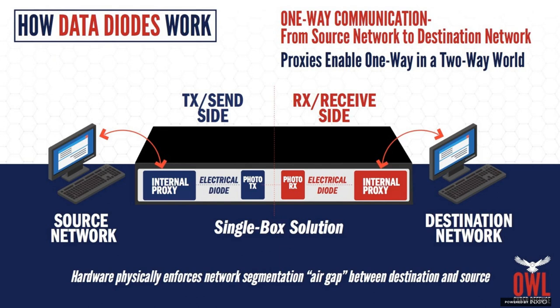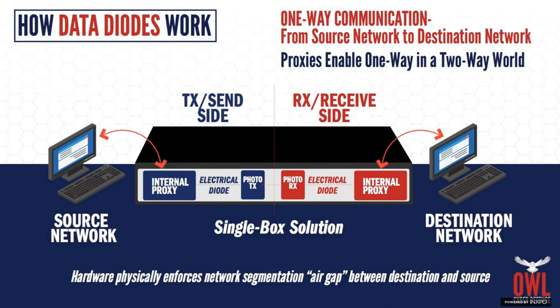How this works in the two-way world is one of those questions that we get all the time. People say, okay, I get that it's one way, and I get that the inherent security of a diode, the physical nature of it, prevents people from getting in. But how does that work where all my networks are two-way? With the exception of some things like syslog, where it's a UDP push, that's clearly a use case where it's obvious how that would work. But if I have a TCP/IP connection, how is that going to work across the diode?